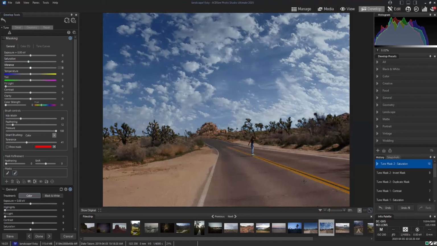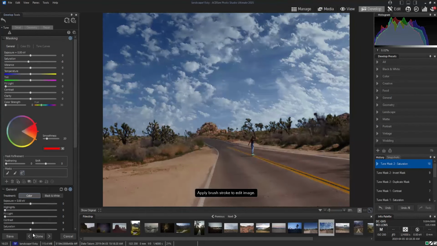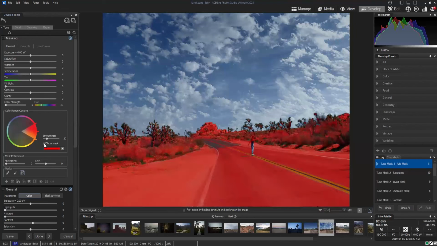We could even decide to, let's say, enhance the yellow line here on our street. And the way to do that would be to simply add a color range mask. We're going to click Show Mask and select our yellow. Did I say green? I meant yellow. So now that we've clicked,